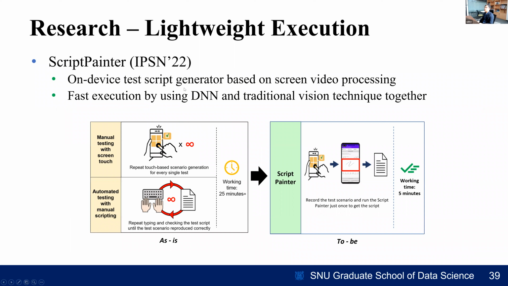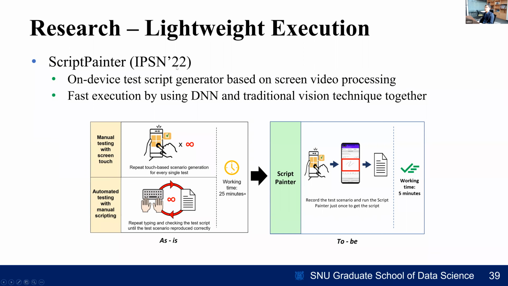Regarding lightweight execution, one piece of research was recently accepted at a conference, with my master's student. This is about a mobile app that automatically generates test scripts for the quality assurance process. Once you draw a test scenario on a smartphone screen, rather than manually typing and generating a test script, you will see an automatically converted test script from this mobile app.